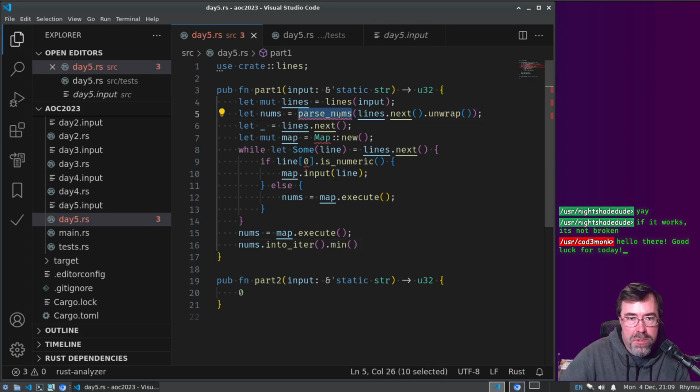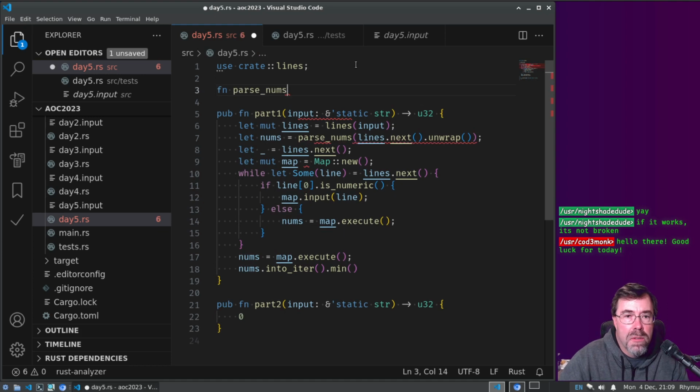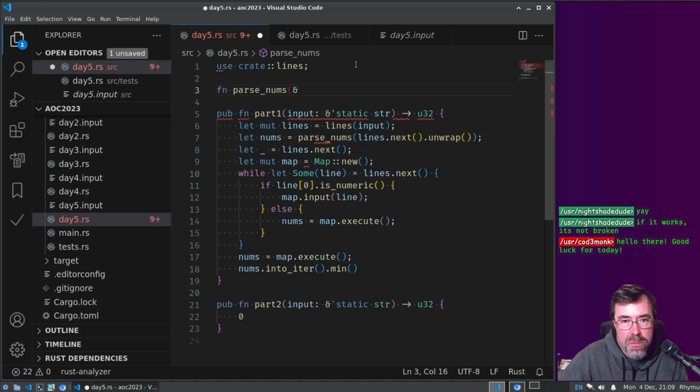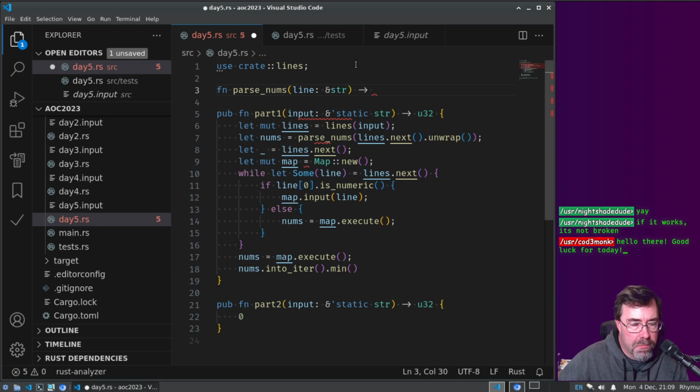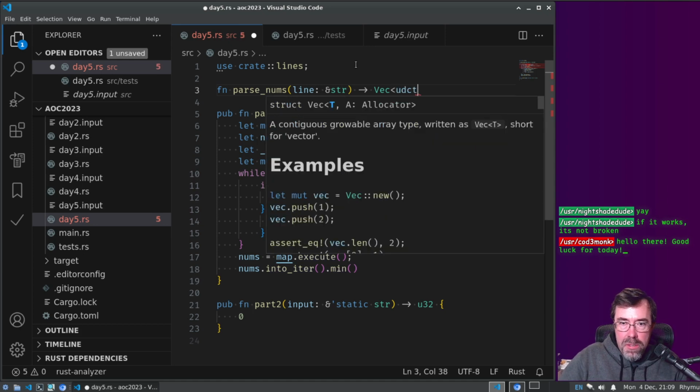Okay, so we need to parse nums. It looks like we're taking a line and returning it. I guess it could be a vector. Does it really matter? Just make it a vector.